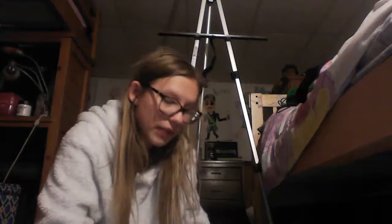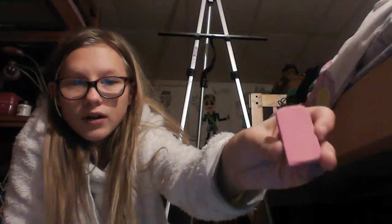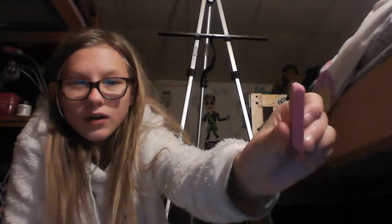Okay, I think the shield, even though it still has some pencil marks, is mostly good. Now it's the face we need to worry about. Okay? So, just a comparison, this eraser started off as a brand new eraser. Here we are now. And it's probably going to be gone by the time we're done with the face, so...